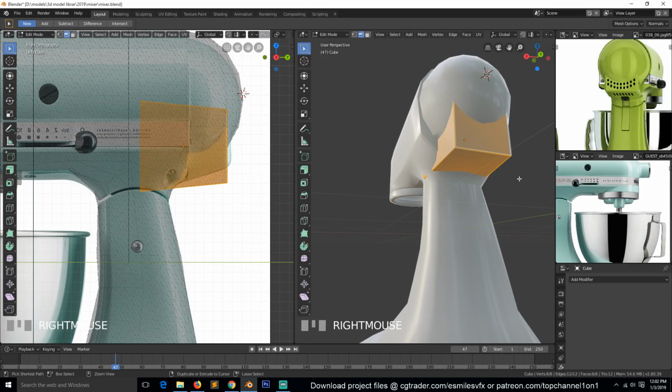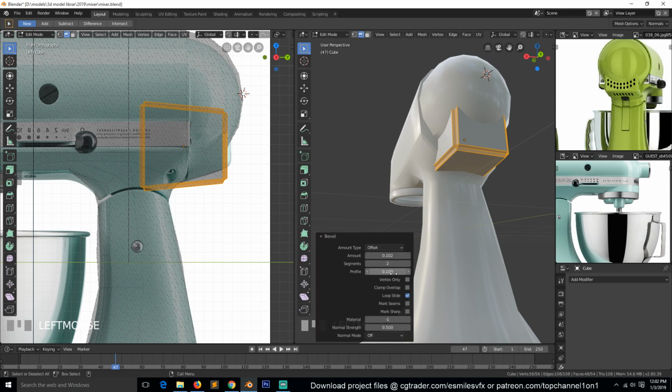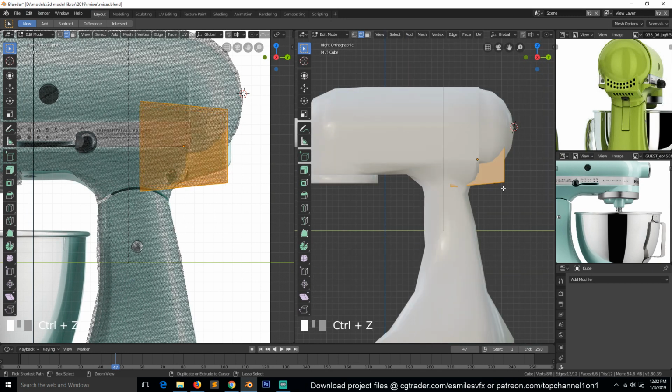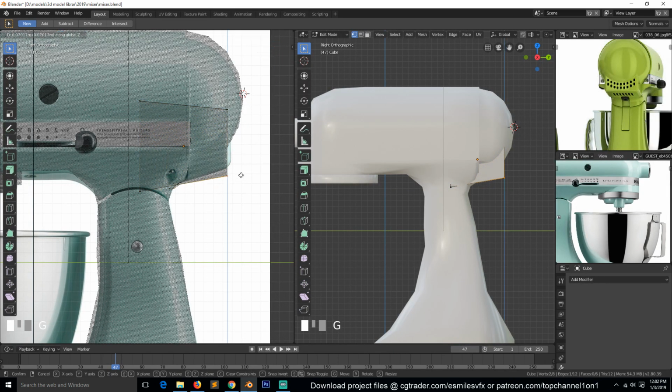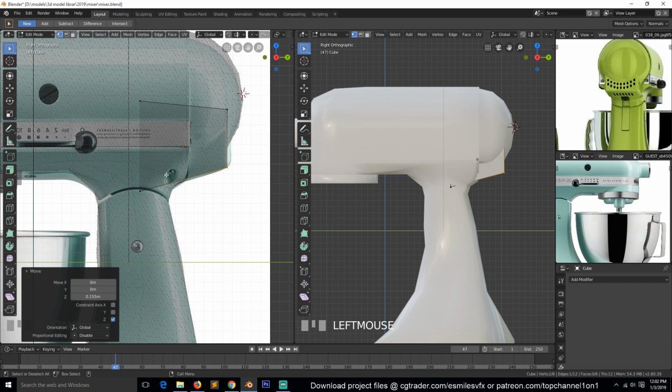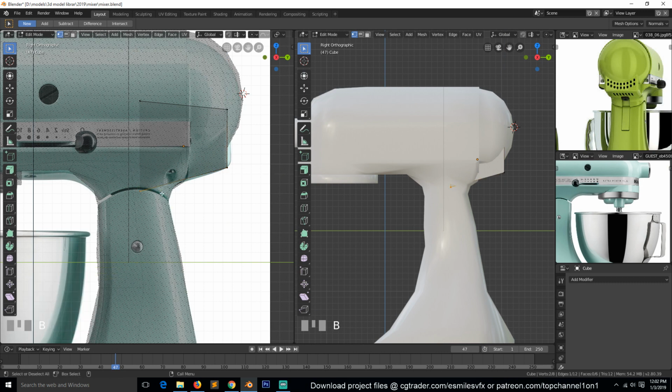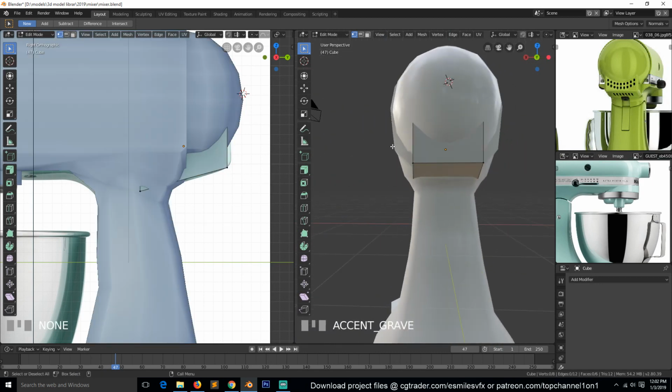Control B. Let's change the profile back to something like that. I think before we bevel that, we need to move these vertices up to around there, and maybe these, let's keep it like that. Now we can bevel these like so,